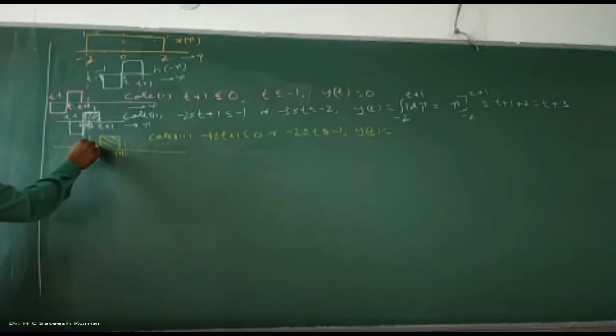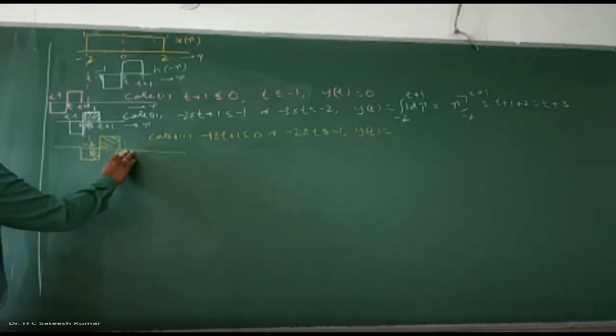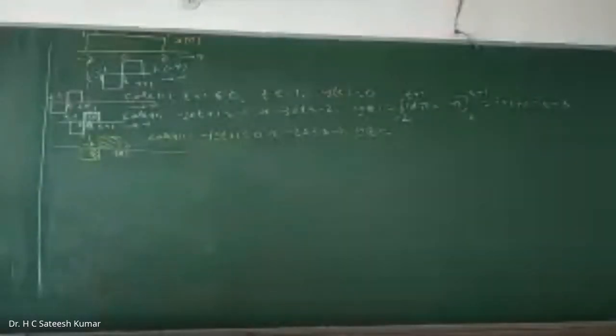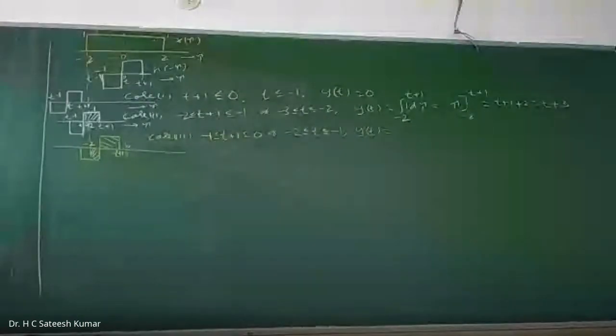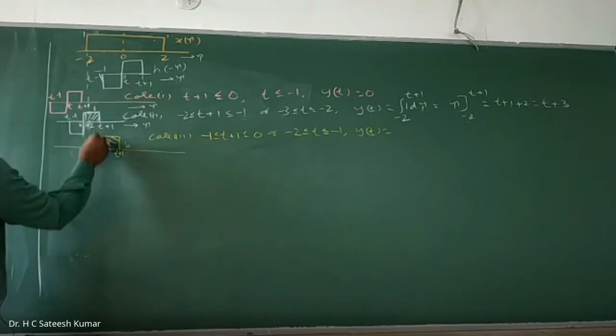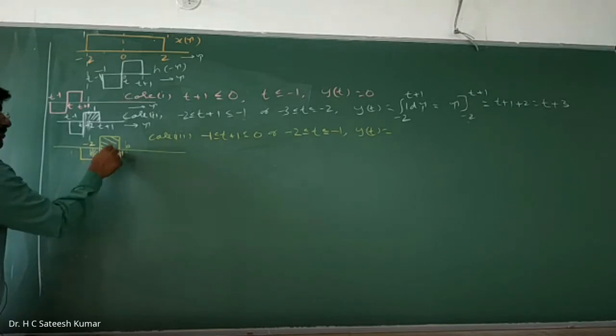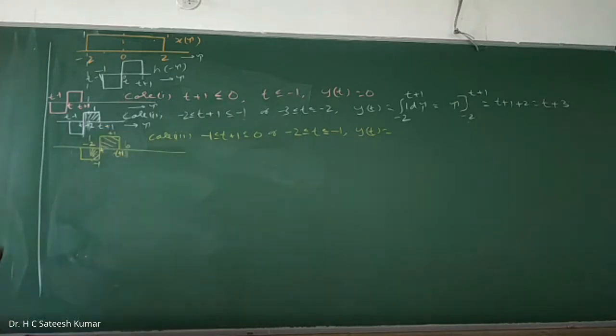So now what is that? You can write it. So this is from where to where? This is minus 2, and this is 0. So this one is completely included, and this one is minus 2 to t, we should take it. Minus 2 to t. The center point is t. Minus 2 to t is negative, minus 1. T to t plus 1 positive. So therefore we should take two parts.